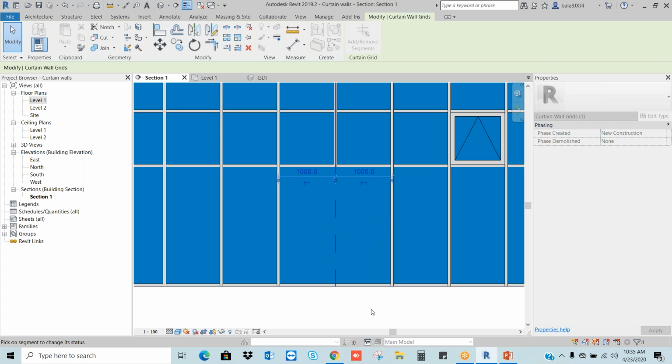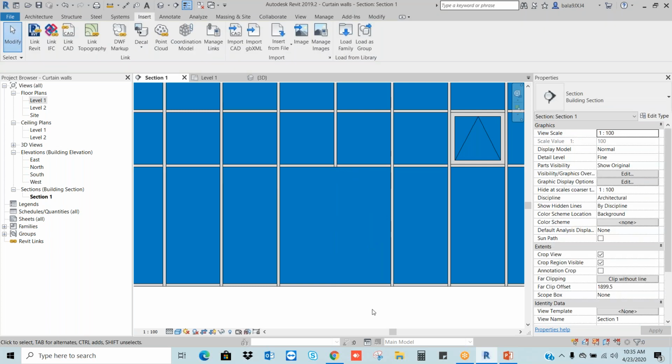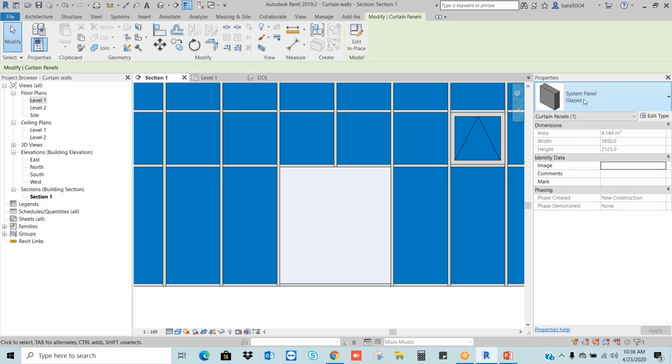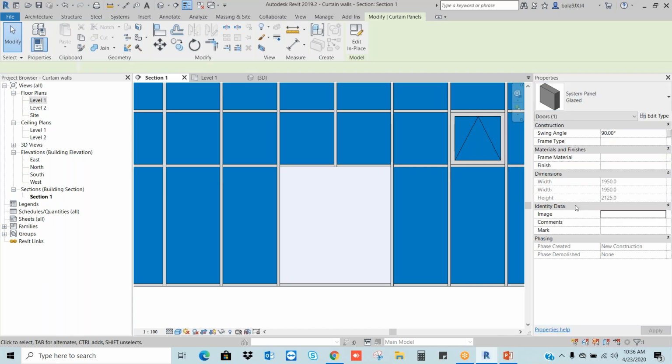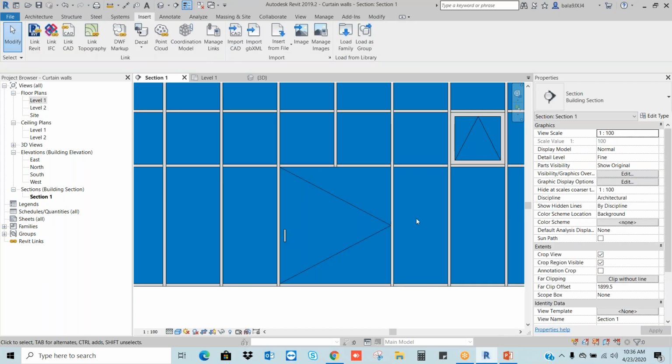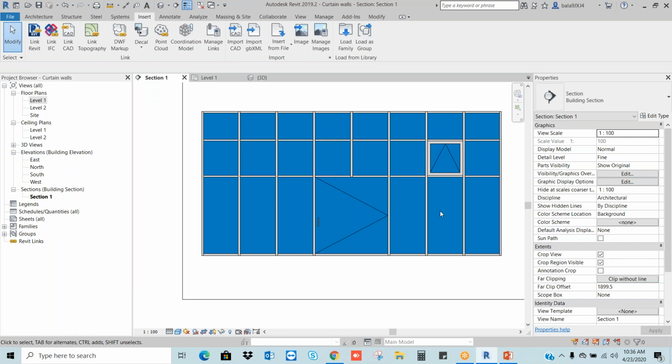Click on the grid and click outside. So the previous door and mullion disappear. Then select this panel again and change into the door. So what we understood here, the door will adjust according to our grid and mullions.